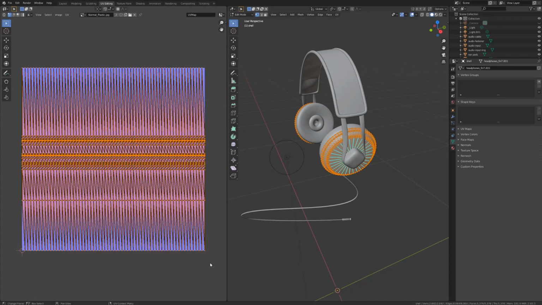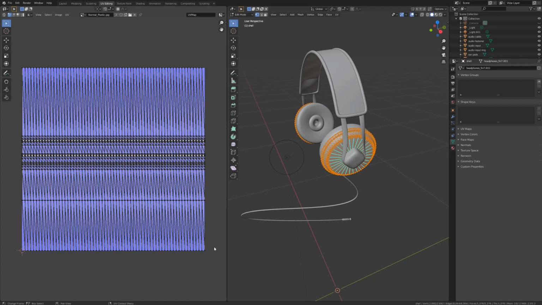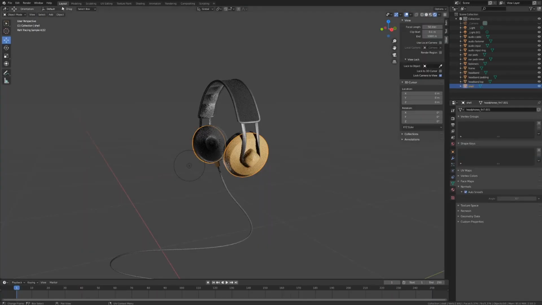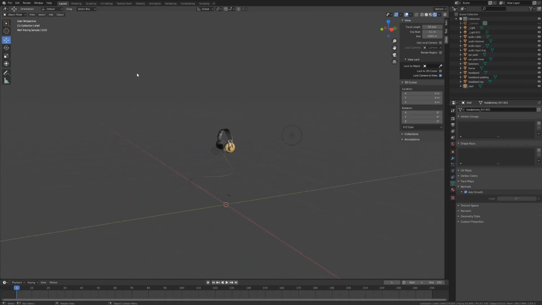Now if we select with our left click, select UV, and use tools like pack islands, average island scale, or minimize stretch, we can further manipulate the geometry that maps across the shell of our headphones. But with this being a beginner tutorial, I just wanted to introduce that, and you can get into it on your own. Finally, if we go back to layout, I want to show you the lighting that I'm using in